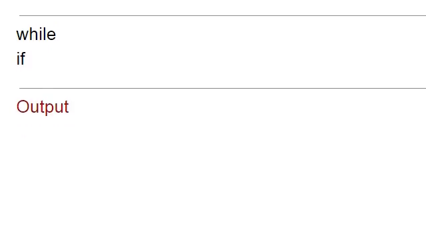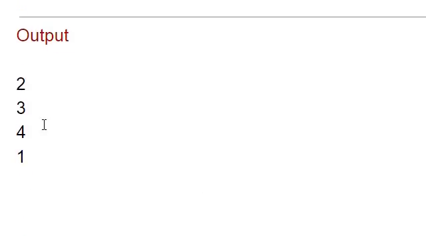Now in this particular video, we're still going over the while statement, the if statement, and generating some random numbers. Our output is going to be some random numbers like 2, 3, 4, 1. I think it's just going to be numbers between 1 and 5, not 6. We're going to get some random numbers that we're going to generate,